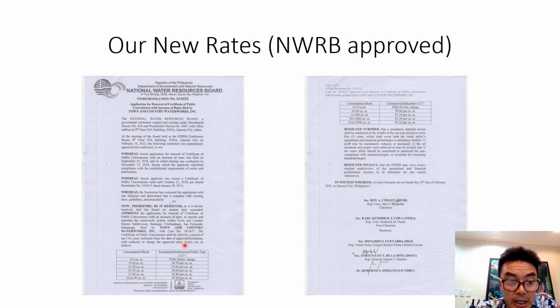Of course, the rates were increased, but how it was done before, the minimum was for the first 10 cubic meter. Now, the minimum has been changed from 10 to 5 cubic for a minimum charge of 166 and 50 centavos. Before, it used to be 205. For the succeeding rates, it's now 34.70, whereas before, it used to be only 21.50.